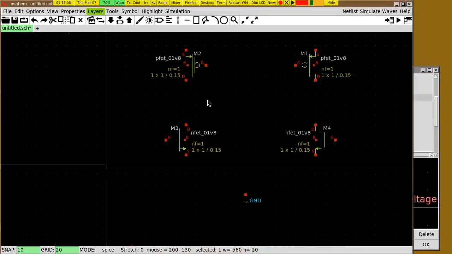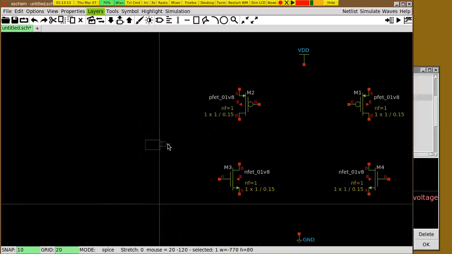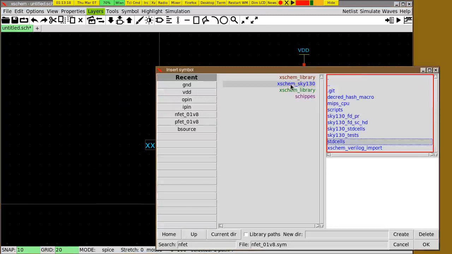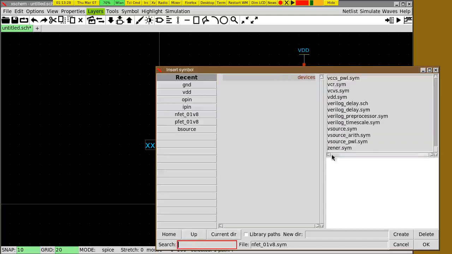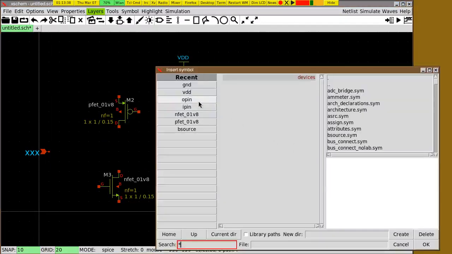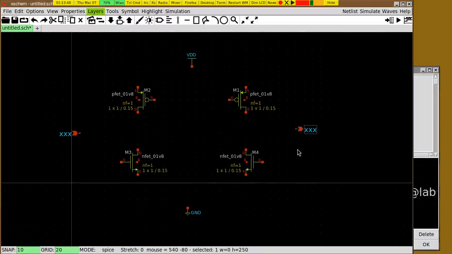VDD pin. I need an input pin, E pin here, so I can locate the input pin here, or go into the devices library and search for E pin. Okay, input pin, here it is, this one. Okay, I also need an output pin, O pin. So more or less I have all the components placed, and now I am showing what I've done in this